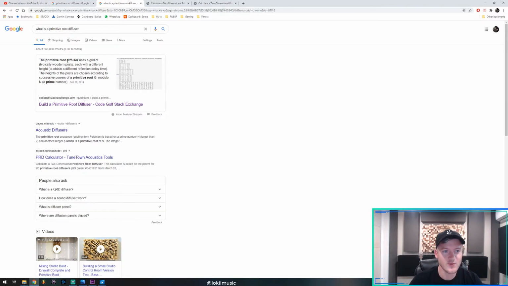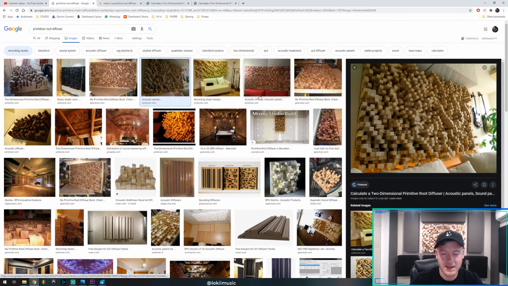Okay, so what is a primitive root diffuser? A primitive root diffuser uses a grid of typically wooden posts, each with a different height, to obtain a different reflection delay time. The heights of the posts are chosen according to successive powers of a primitive root g modulo n, a prime number. There's a bunch of mathematical gibberish, meaning that sound hits this and reflects in a different direction,